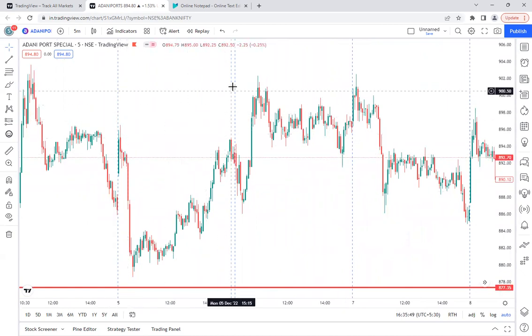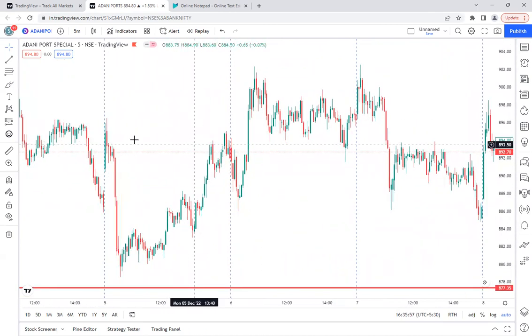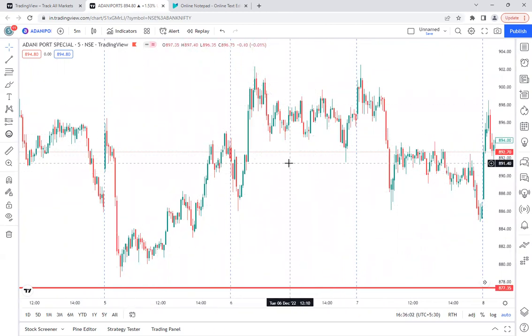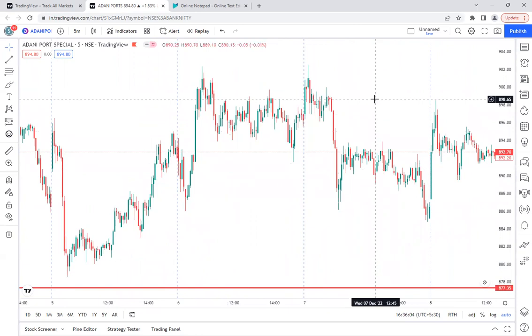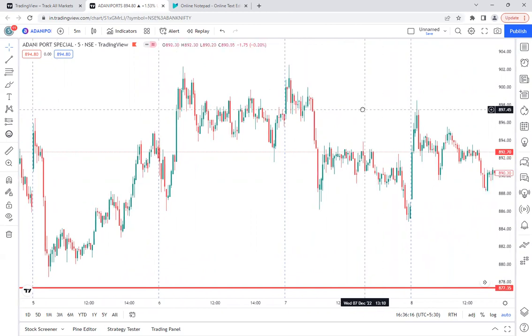Okay, I've added these session breaks also. The reason is I understand what is the first candle of the day and what is the last candle of the day, and I will focus on what has happened during this day. So this is the way we have to keep on checking each day. That makes you practice reading the candles and also reading the manipulator's mindset.